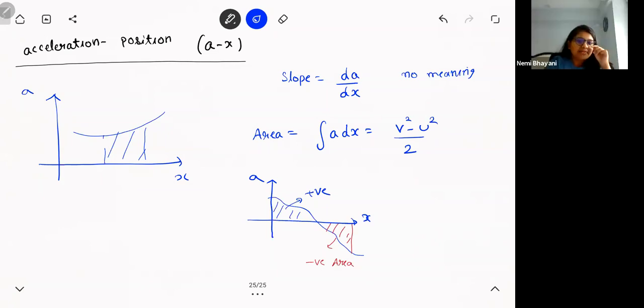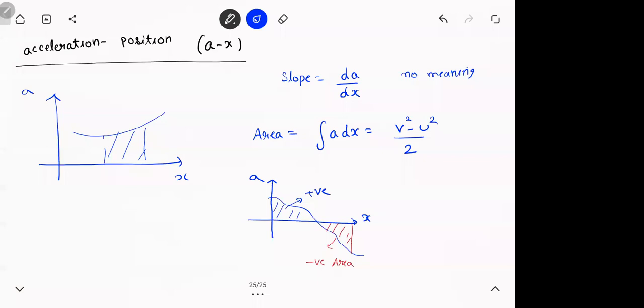So can you explain this again if possible, because I got logged out. No, there is nothing there. See now, if you take an Ax graph, there are two quantities. What is slope? dA by dx. Acceleration by position has no meaning. But when you take area A into dx, it is this thing. Look at it. It looks like v square minus u square is 2as. Kinematics ka third equation. So in this, area has a meaning, slope has no meaning.